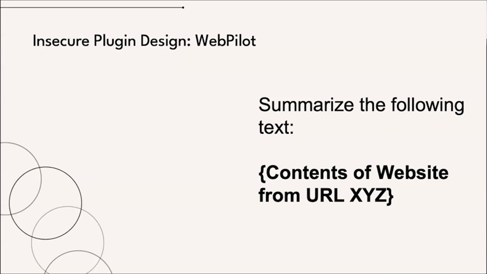And what it would essentially do is copy the contents of that website and send that to the LLM, right? And you can imagine what could go wrong, right? But in many cases, the contents would be valid text and nothing suspicious. But what if the owner of that website had created instructions in the contents of that website to do something,